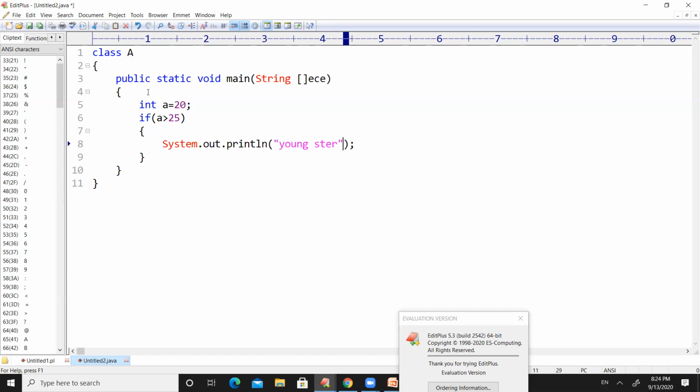So if the age is greater than 15, then it will print youngster. And in case the age is not greater than 15, we don't get any output for this program. So we are only using a simple if condition.